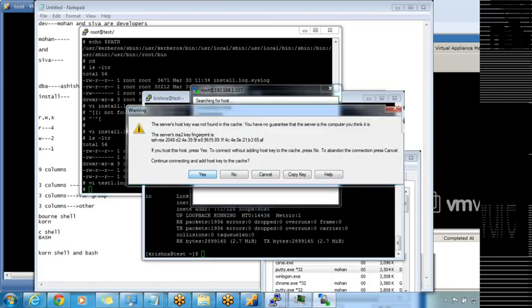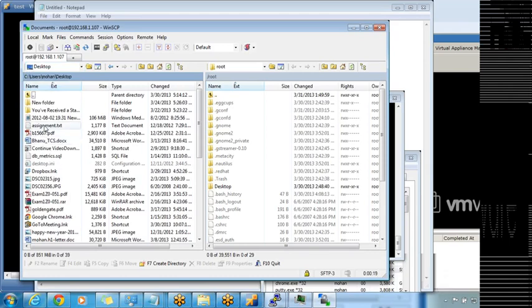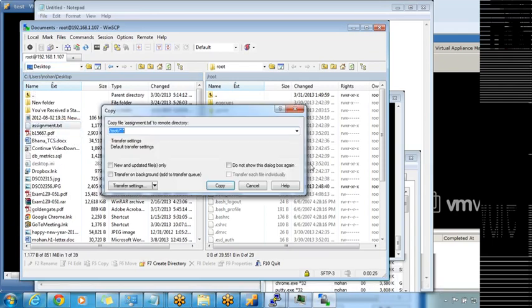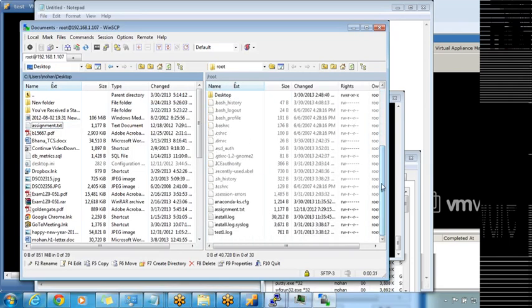WinSCP is used to copy files from a Windows server to a Linux server. The moment you log into WinSCP, you will have two windows. One window belongs to Linux and the other belongs to Windows. For example, if I want to copy a file, assignment.txt, to the Linux machine, I'll just drag and drop it here. It will copy the file, and now I'll also have assignment1.txt here. So using WinSCP, we can copy the files. So download 11g R2 and you can copy the file from Windows to